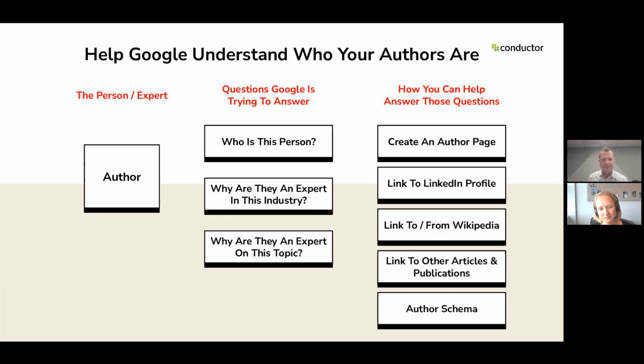Yeah, absolutely. And it really comes down to, so thinking of, okay, this is a great conversation to have, but how do I apply this, right? What can I do, or what should I be thinking about? And again, it really comes down to helping Google understand who your authors are, who are the people creating this content, because with the advent of AI, and I promise not to say AI more than 4 or 5 times in this presentation